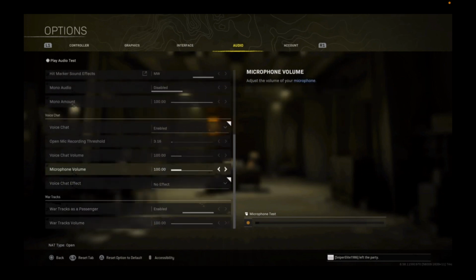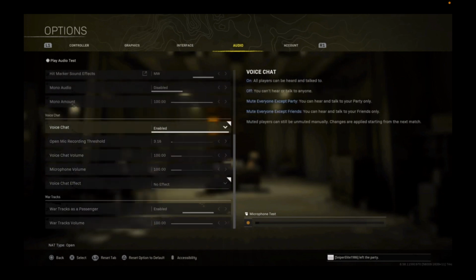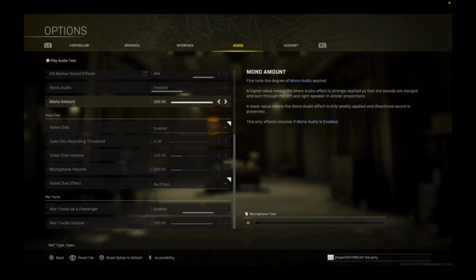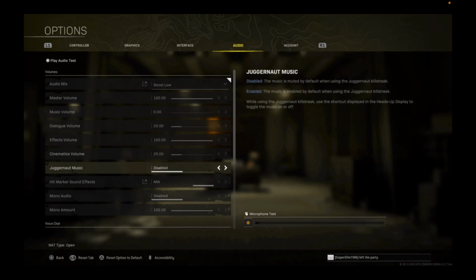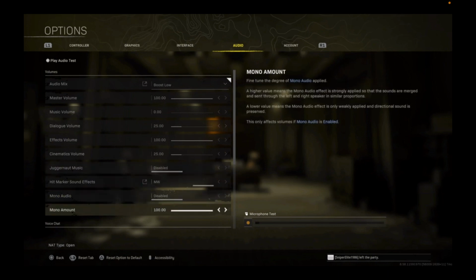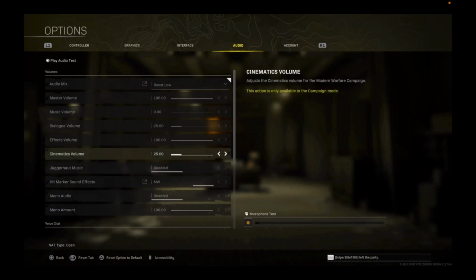Now, all these changes should definitely help you in game in order for you to hear better and know where the enemy is coming from. And I want to actually show you a few examples of how I use these audio cues in order to figure out where the enemy is and be ready for them.